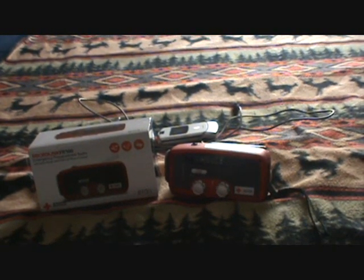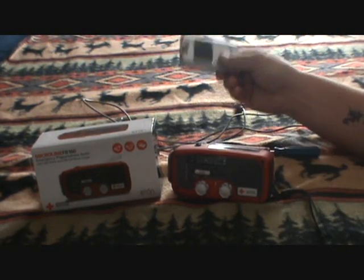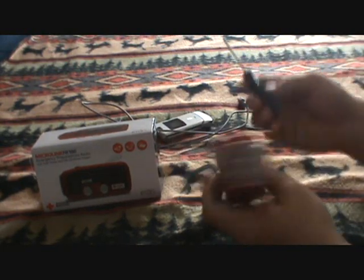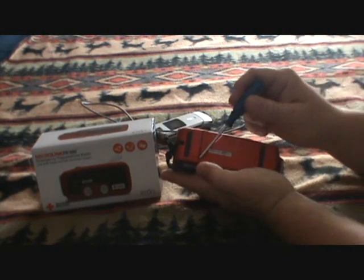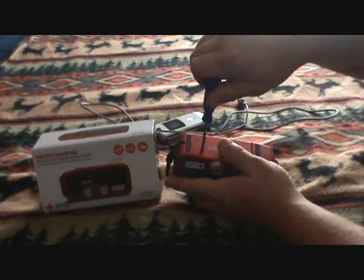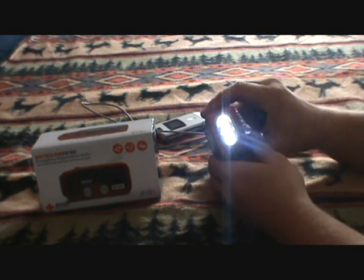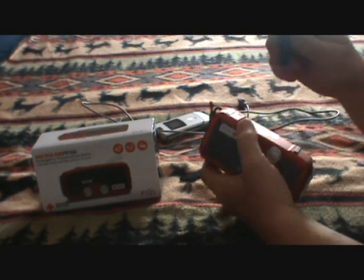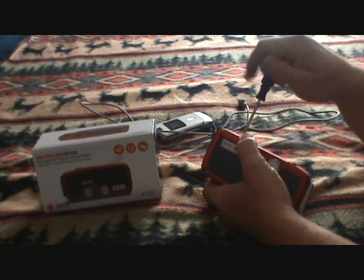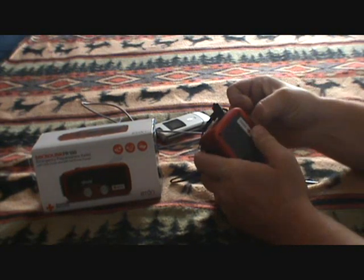Alright guys, we're back. One other quick thing I want to go into before we start trying to charge a cell phone is these little radios are meant to work on a battery. Okay, you have your battery access panel in the back with a little screw here, and with the battery charged up, you don't have to crank it, which is pretty cool. But if we ever had an EMP or anything like that to where it wiped out all the battery sources, what's cool about this little radio is